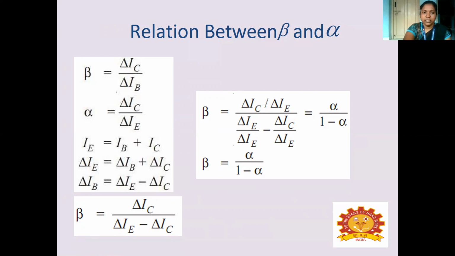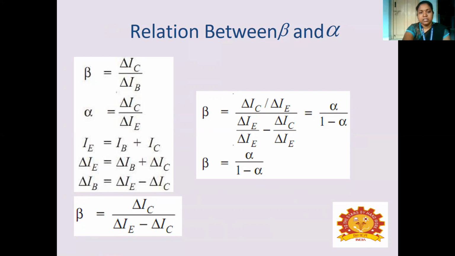Now you're going to take it as a change, that is del IE is equal to del IB plus del IC, and from that I'm going to take what is del IB. Del IB is equal to del IE minus del IC. Now I'm going to substitute my IB in the beta equation, so beta is equal to del IC by del IE